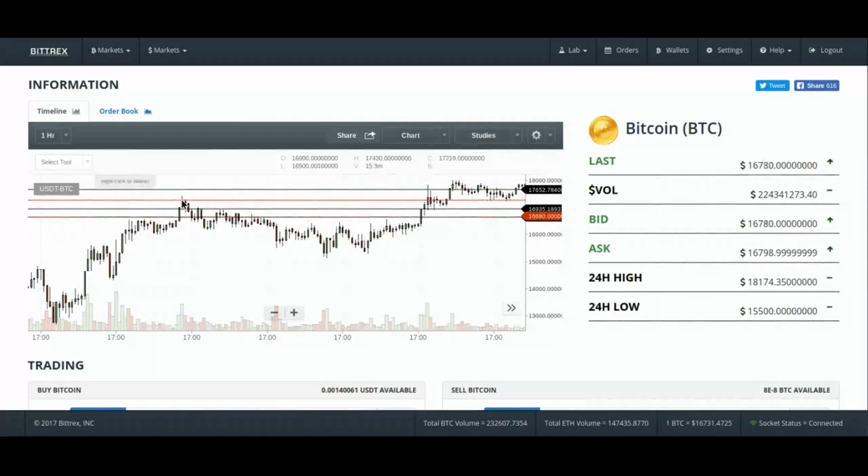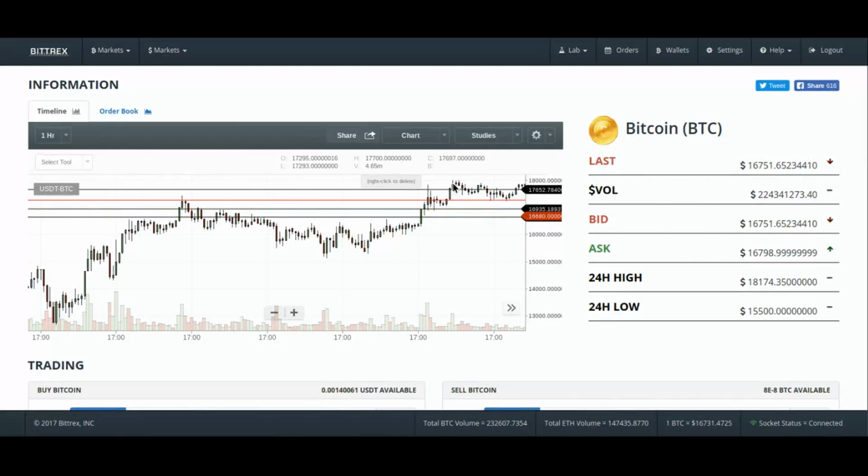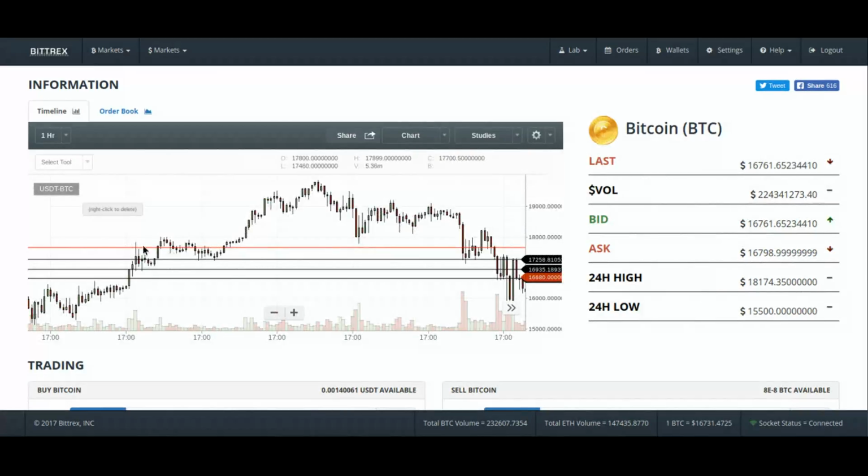Now, this former line of resistance right here turns into a line of support. At this point right here was a line of support, and it took the hell off. Excuse my language. Now, I could put lines all up there and do all that, but I ain't about to go through all that because that's just too much. But